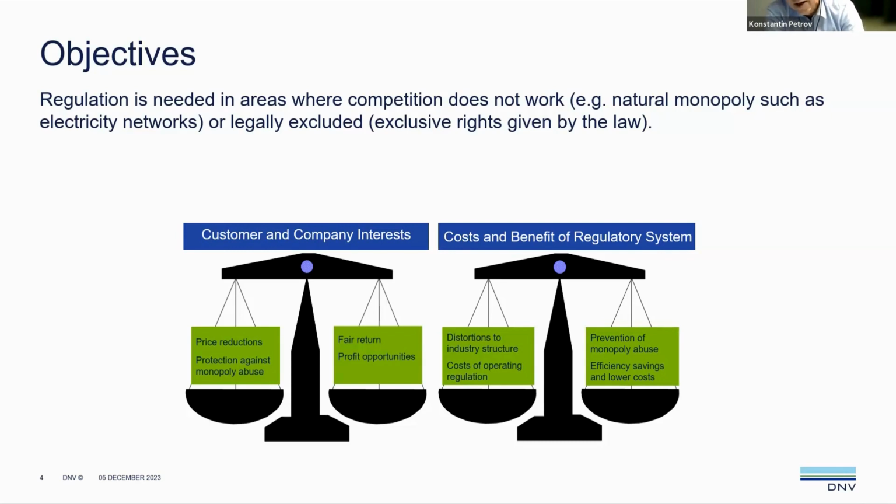You can see here two of them. The first one is related to the companies and consumers. There's a classical area of balance, because regulators should find this equilibrium in between and have a very balanced regulation. On one side, the customers want to see price reduction, efficient cost, and protection against monopoly abuse. And on the other side, we have the companies, the utilities, they expect fair return,